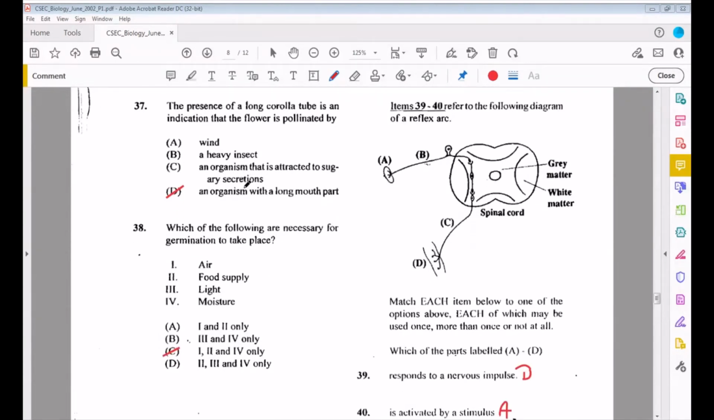37. The presence of a long corolla tube is an indication that the flower is pollinated by D, an organism with a long mouthpart. So maybe like a hummingbird. The corolla tube, this is the petals here. So that's like, some flowers you notice they have that very, very long tube, right? Normal bees wouldn't really take time to go quite down here to get the nectar at the bottom. So if we have a hummingbird, this is the